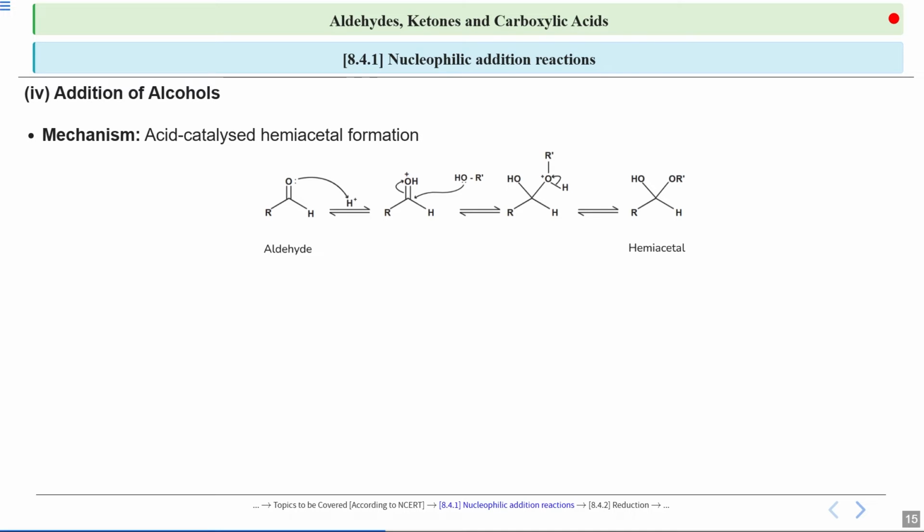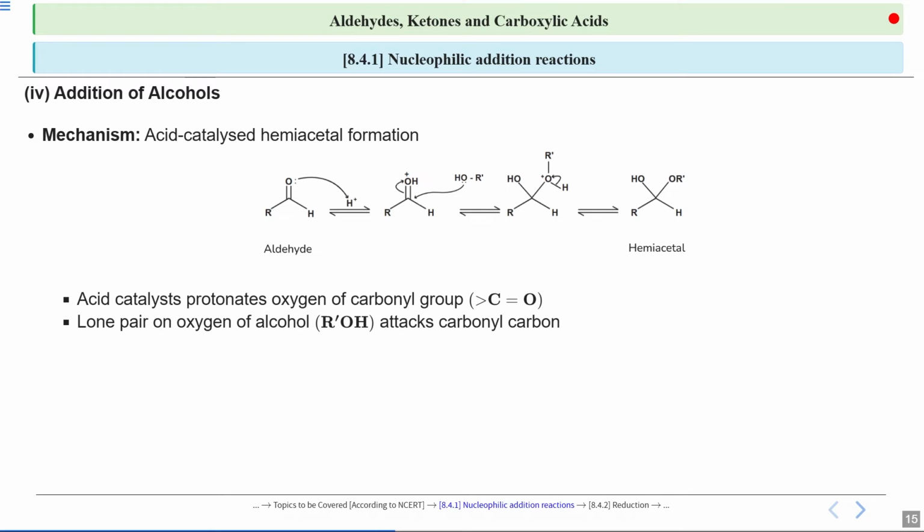First, this process is acid catalyzed, meaning an acid helps you to speed up the reaction. Now one by one, see all these steps. In the first step of the mechanism, the acid catalyst protonates the oxygen atom in the carbonyl group. Okay, so if you see over here, this is an aldehyde. The acid will protonate the oxygen. This means that the acid donates a hydrogen ion to the oxygen, which makes the carbonyl carbon more susceptible to attack. So this oxygen of the carbonyl group gets protonated. So this is the first step.